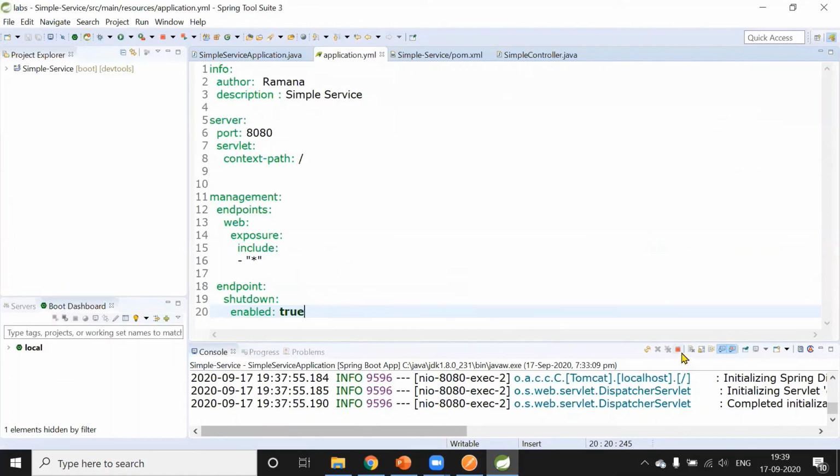And more than that, a very important thing here is, when the application is running, we should not directly kill the process. When you kill the process, or if you use kill process at the OS level, it becomes a forceful shutdown. In the case of forceful shutdown, the application is abruptly terminated, so the running requests will be terminated. That is not the best practice. We need to do graceful shutdown.